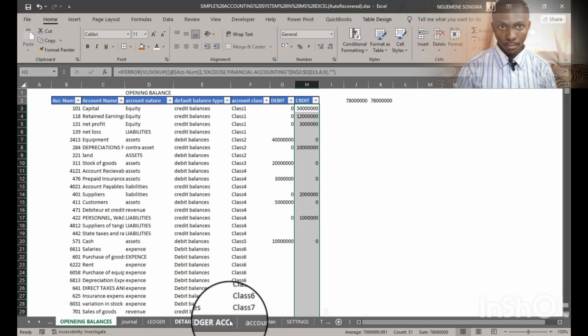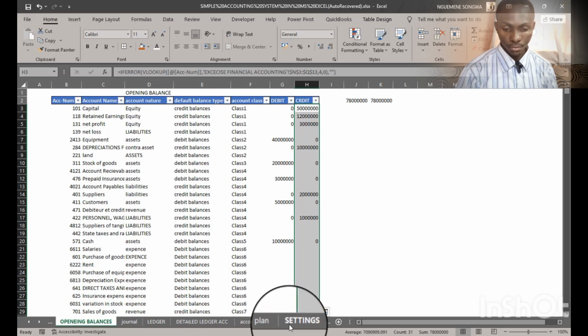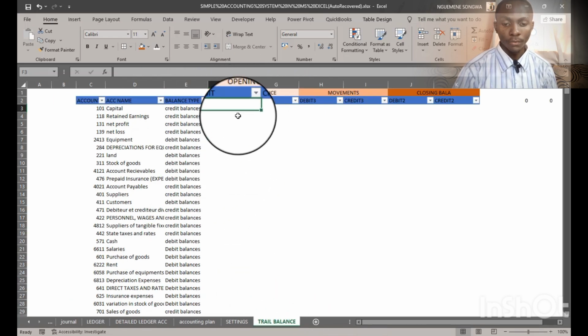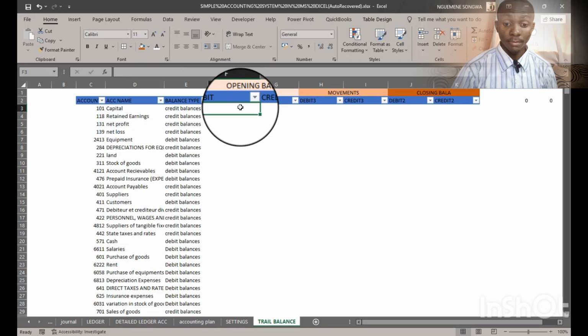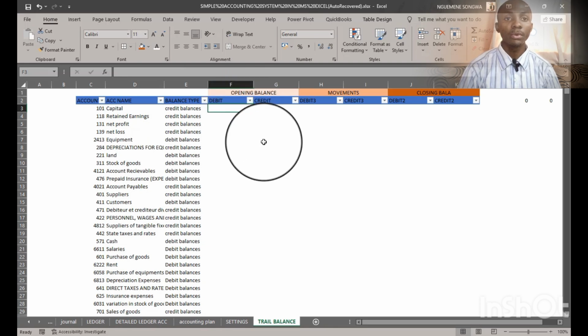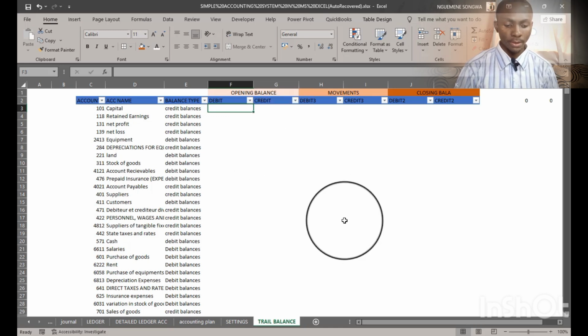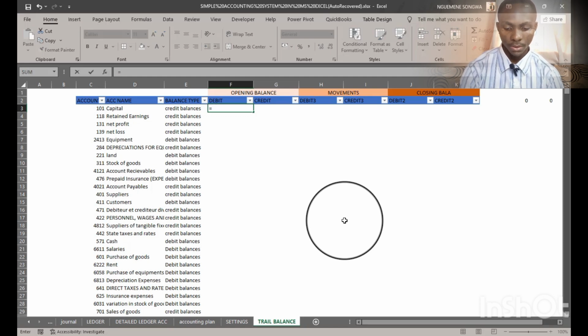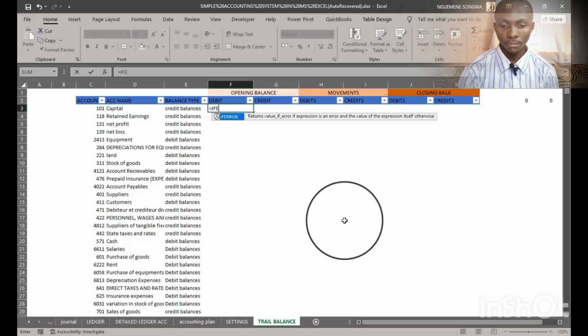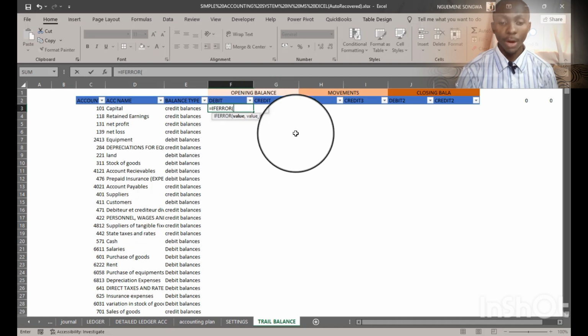So I will come here at the level of the trial balance, and for opening balance I can use the VLOOKUP function to look up to the account numbers at the level of the opening balances. So I'm going to use the VLOOKUP function, but before that I'm just going to start with the IFERROR. So equals IFERROR,